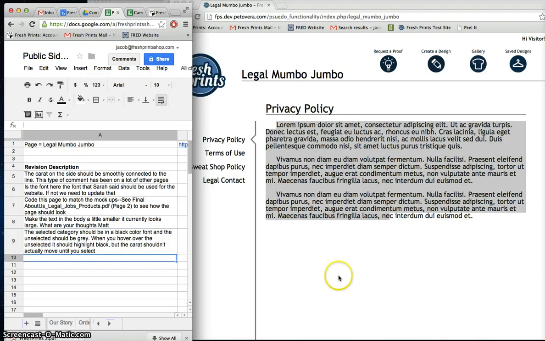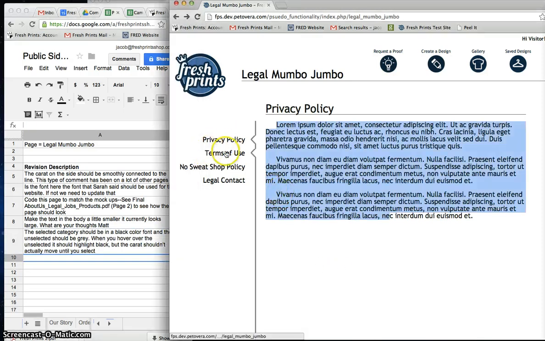Okay, let me just explain that. So the way I envision this working on the side, these are the categories I'm talking about, is let's say I'm on privacy policy, this would be black font, and everything else, terms of use, no sweatshop policy, legal contact, they would all be gray font, and then when you hover over them, they would hover to black. Also, in addition, my second part of that is that we only want the caret to be where you actually are. I don't want the caret to show up when you hover